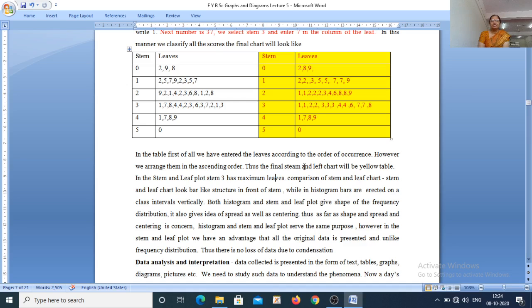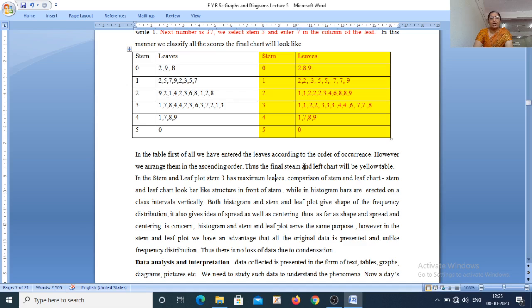But what is the difference? This particular graph, the stem and leaf chart, is superior to the histogram because in a histogram we write the frequencies. And what is frequency? Frequency is the number of observations in the class interval. So, we just accumulate the things. So, observation 31 is recorded as 35, observation 39 is also recorded as 35 in case of a histogram, but in a stem and leaf chart, we don't lose any of the information. Each and every observation is with me. So, this is the most important thing with respect to this stem and leaf chart.